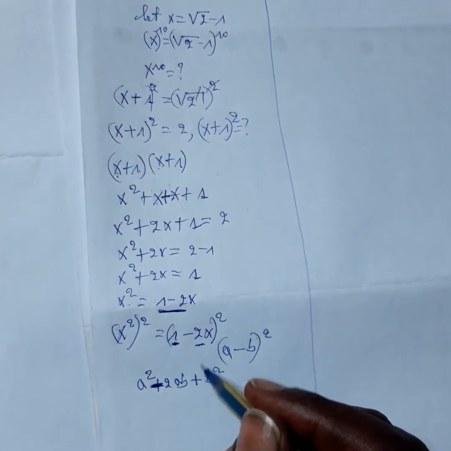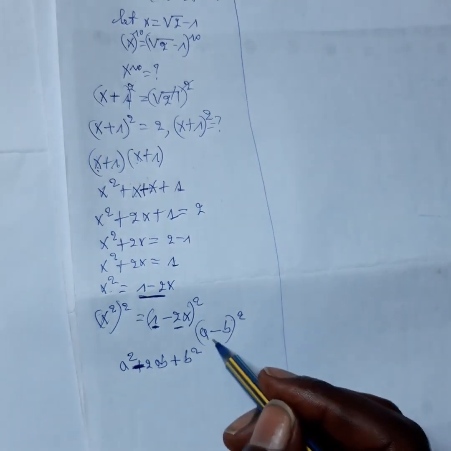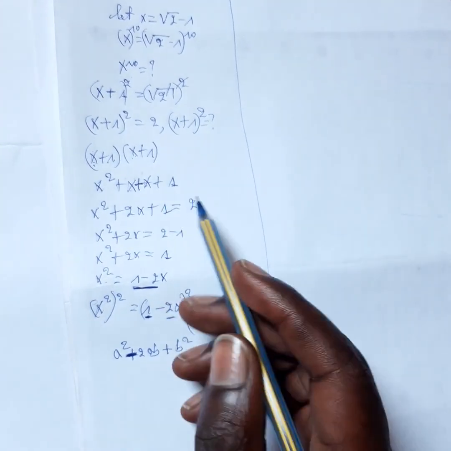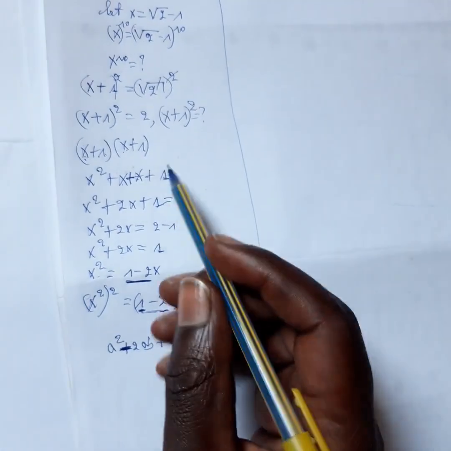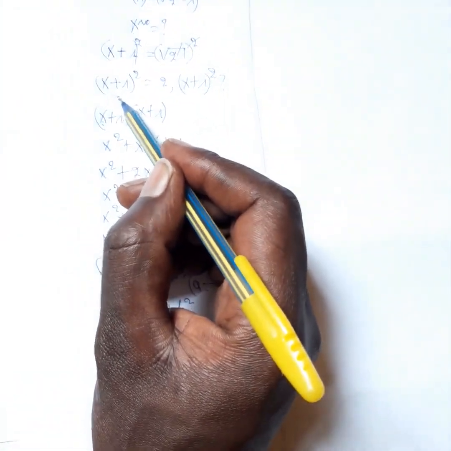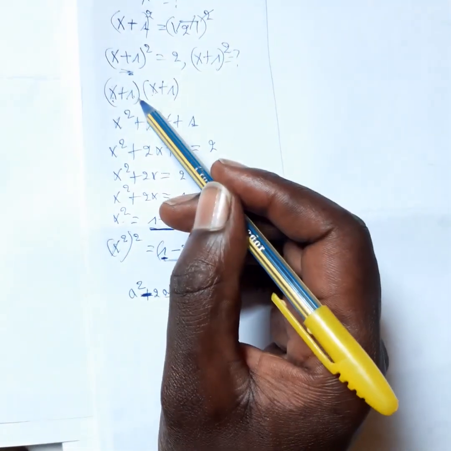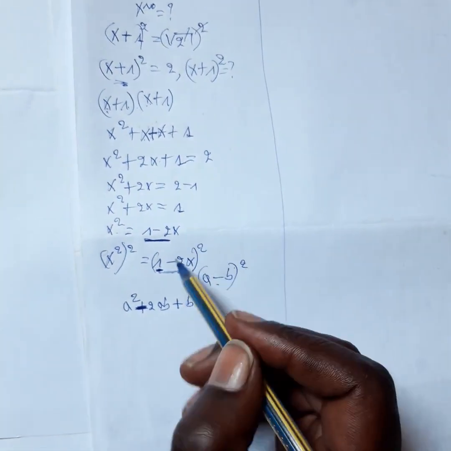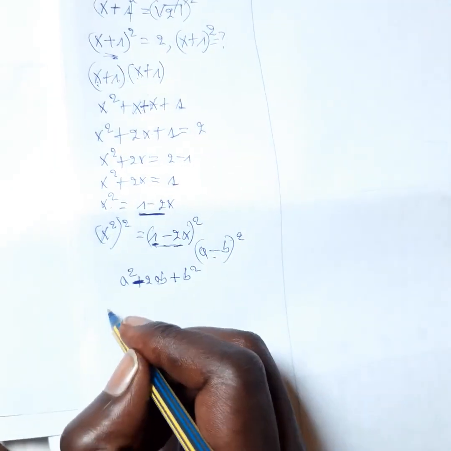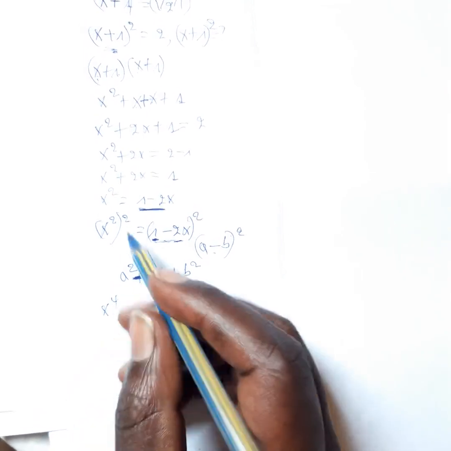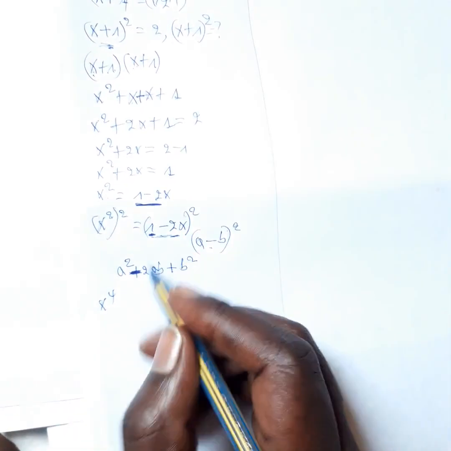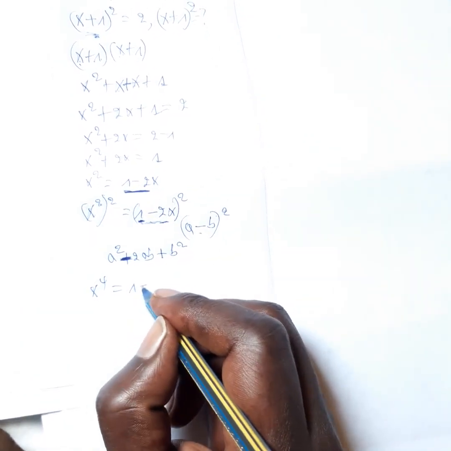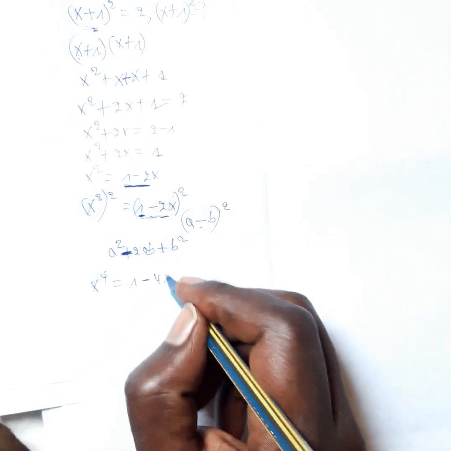This formula is what we are using here. So we are at this point now: we'll have x to the power 4, equal to 1 minus 4x